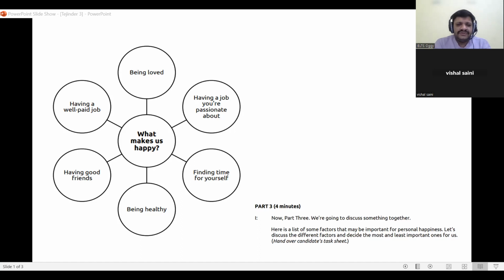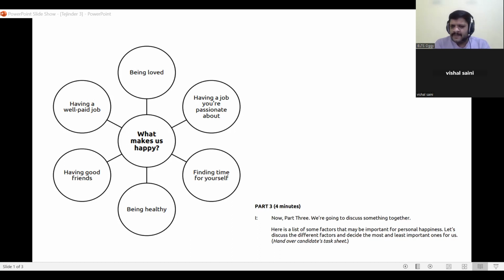You will be supposed to discuss these points, and there will be a question also, as is the case here. And this time you will be shown the picture. The picture will remain in front of you on the screen throughout the part. This part lasts 4 minutes, and for the 4 minutes it will remain there.